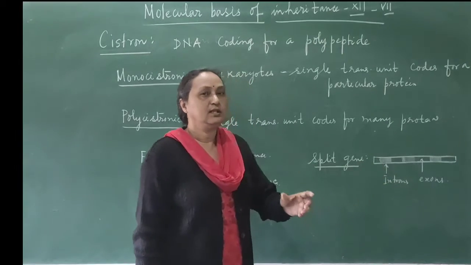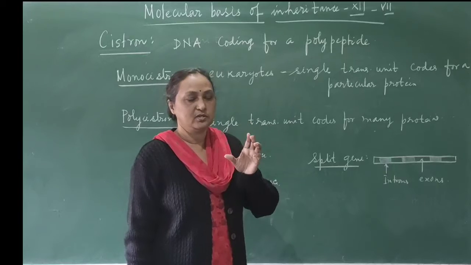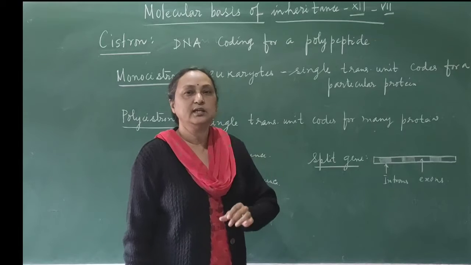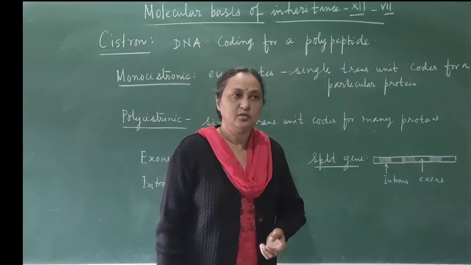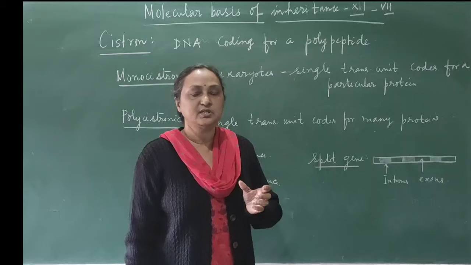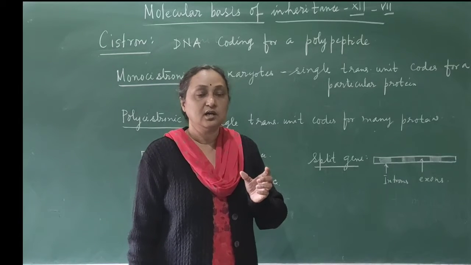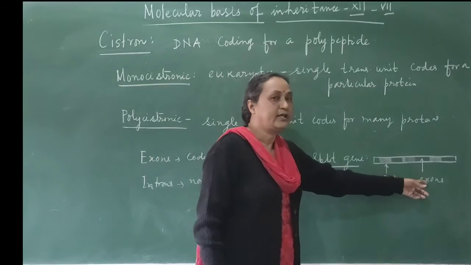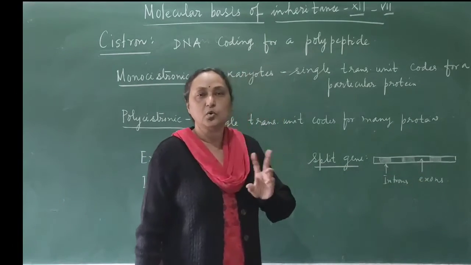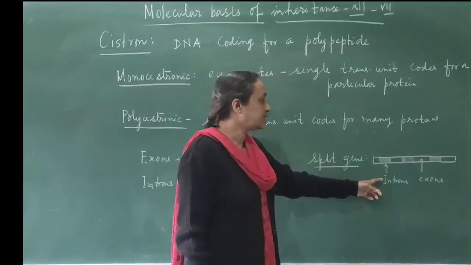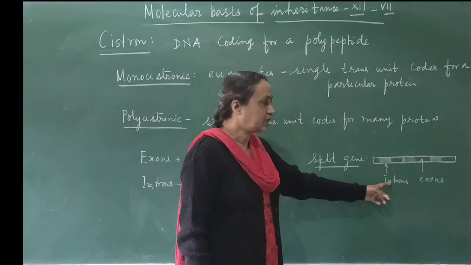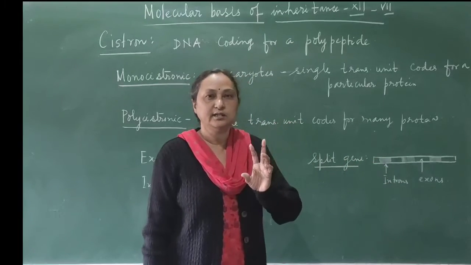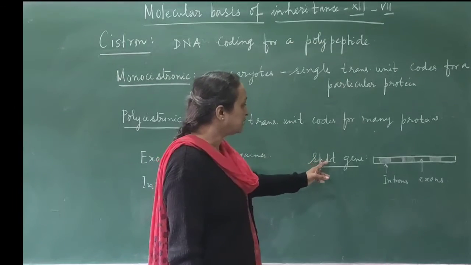In the cistron there are two parts, because there are some coding areas, and along with the coding areas you can also find non-coding areas. For example, if you take human chromosomes, then more than 50% are non-coding areas. The coding areas are called exons, and in between the coding areas the non-coding areas are called introns. The exons and introns are present alternately, and that is called split gene arrangement.